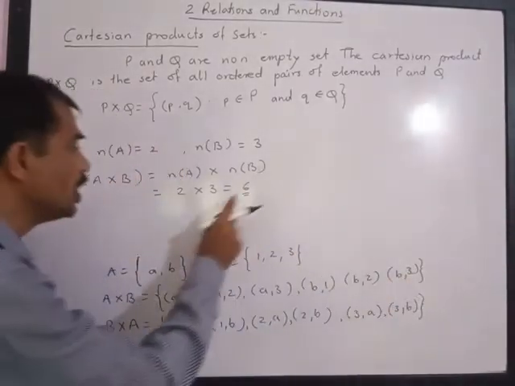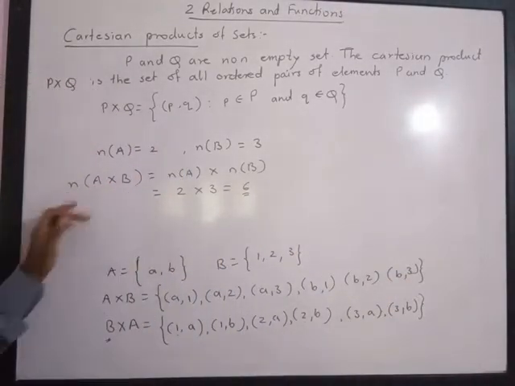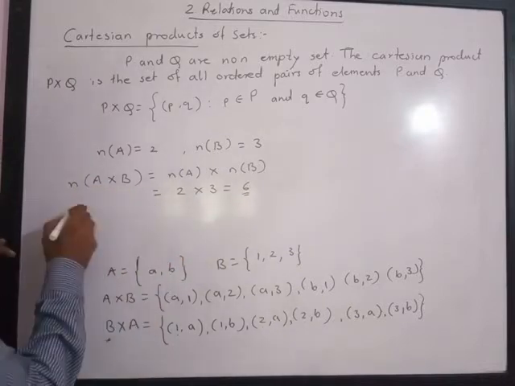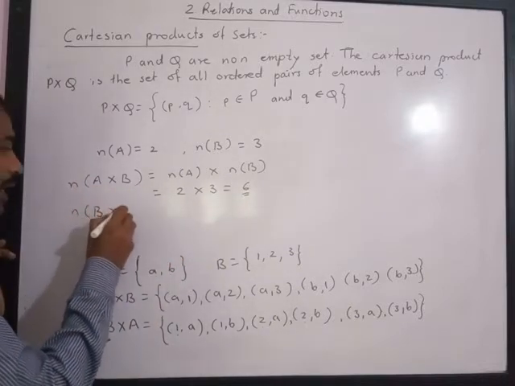So the number of elements in the Cartesian product of A and B is 6. Let us check the number of elements in B cross A, which is equal to